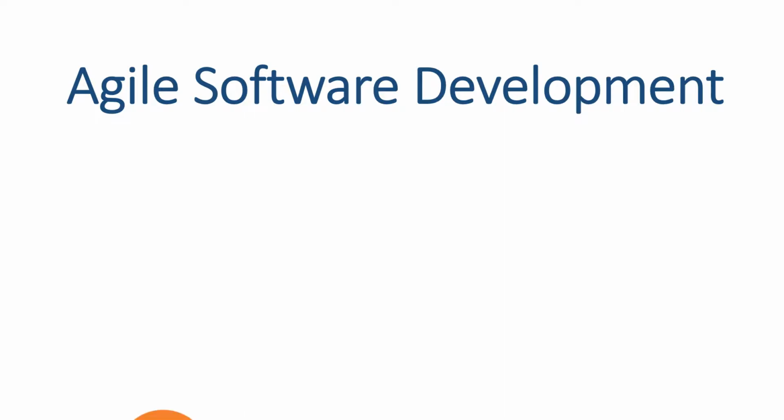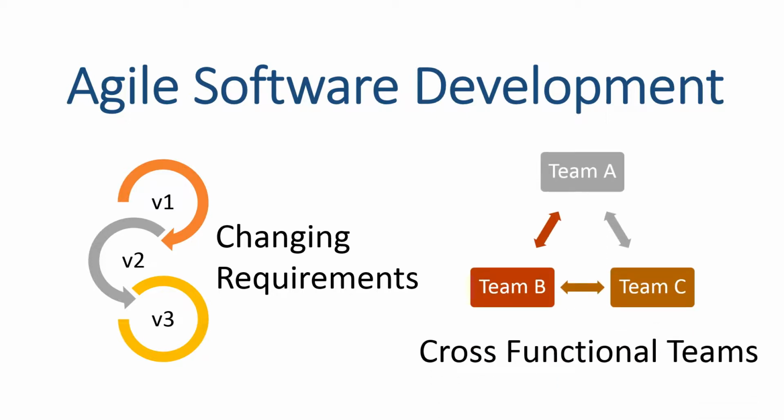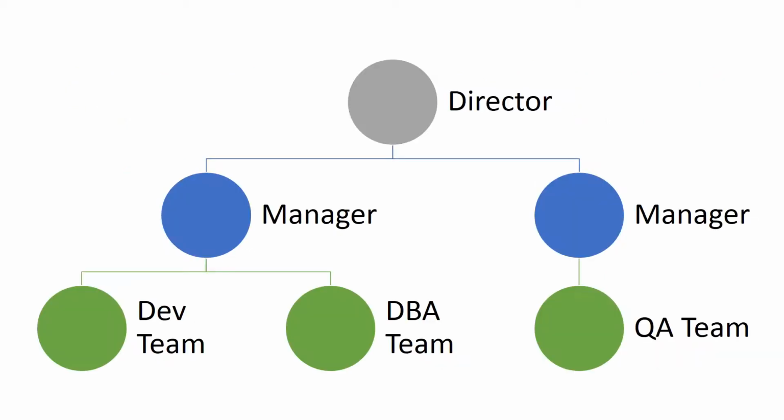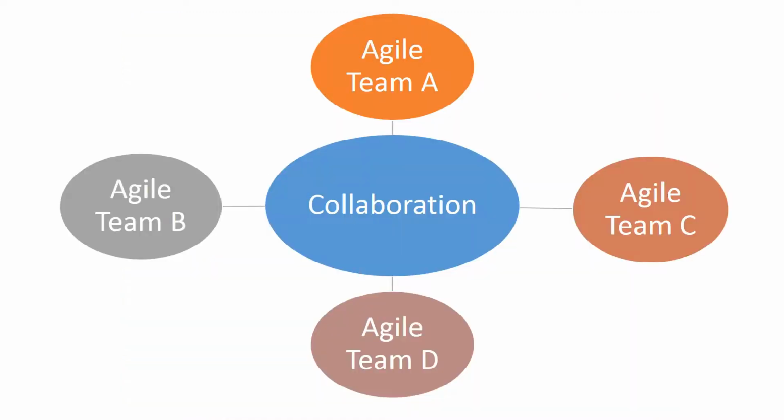Agile software development accommodates continuously changing and evolving requirements while developing a software. This goal is achieved by collaborative efforts of self-organized and cross-functional teams. While traditional teams are based on hierarchy and bureaucracy, Agile teams are flat, including product owner, scrum master, developers, and quality assurance analysts. Many Agile teams collaborate with each other to achieve a common goal without infringing on each other's